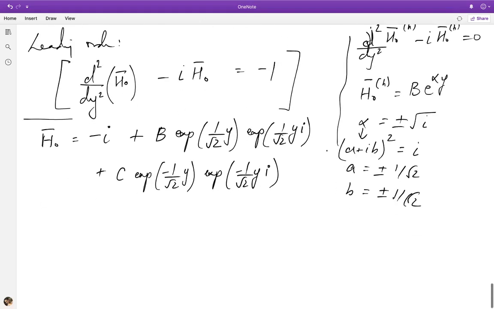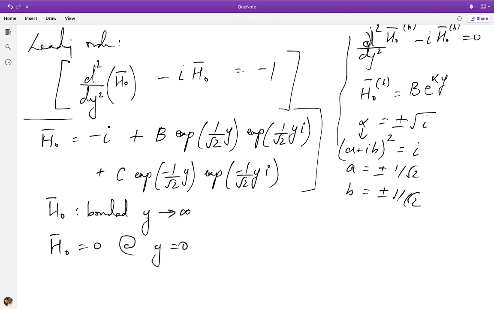Very nice. So this is the solution to the leading order problem that we had here from the boundary layer analysis. And now I have these two unknown coefficients that I need to determine from my boundary conditions. So remember, the boundary conditions were such that h bar must be bounded as y tends to infinity, because I'm considering arbitrarily large values of Rw, and h bar naught must be 0 at y equal to 0. So you can see the first condition clearly implies that b must be 0, because exponential of y goes to infinity as y goes to infinity. So clearly b must be 0, and the fact that h naught must be 0 at y equal to 0